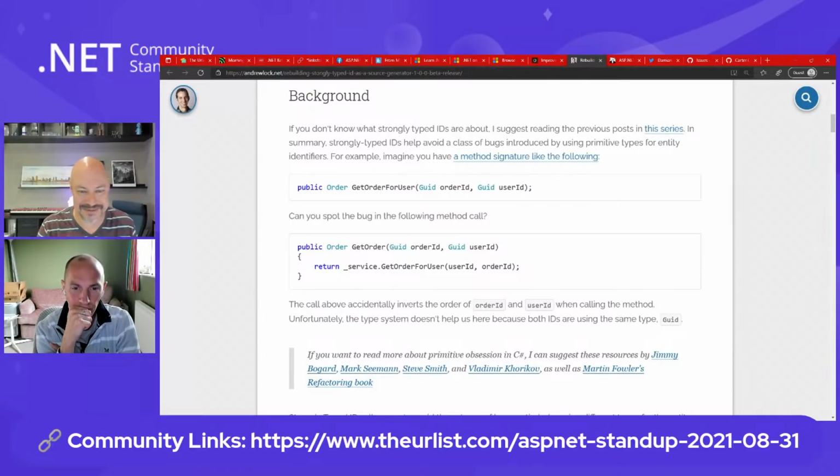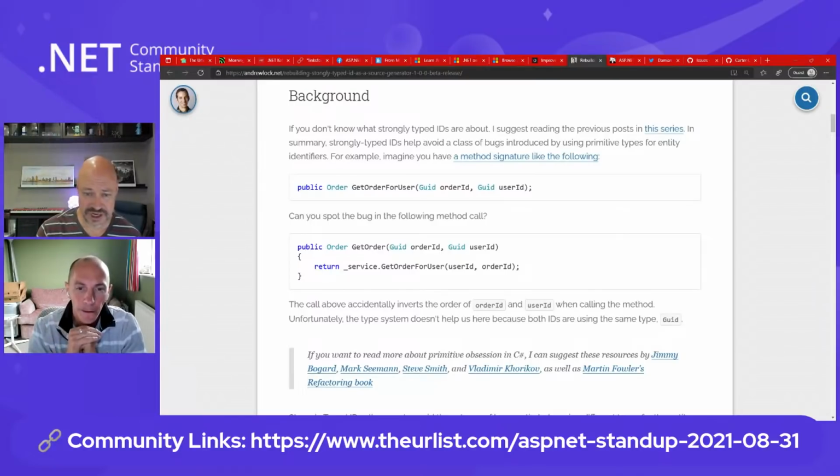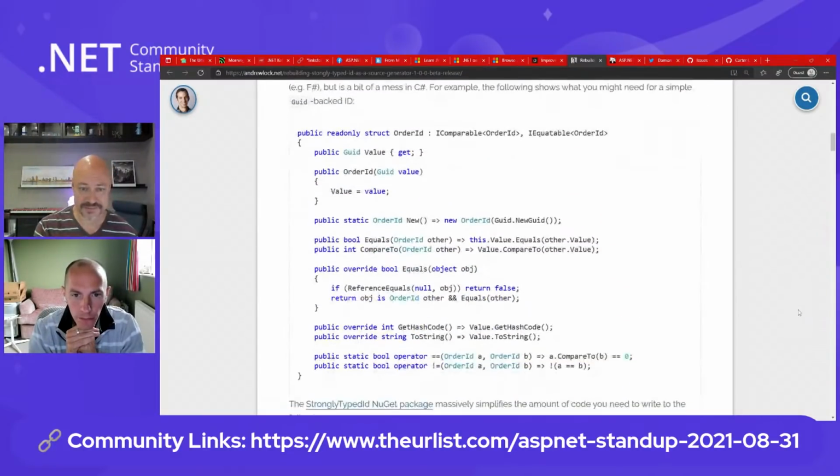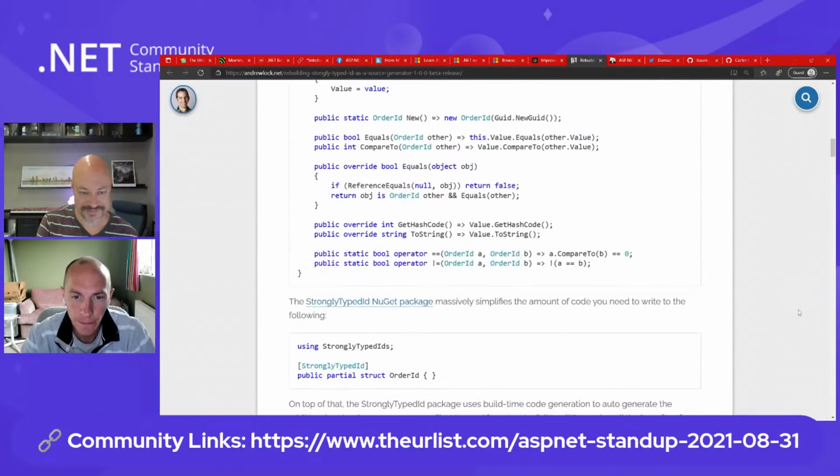So here he gives the example of switching the order. These are with GUIDs, but you could do the same with integers or whatever. So he's worked with creating a class, where you can, exactly.